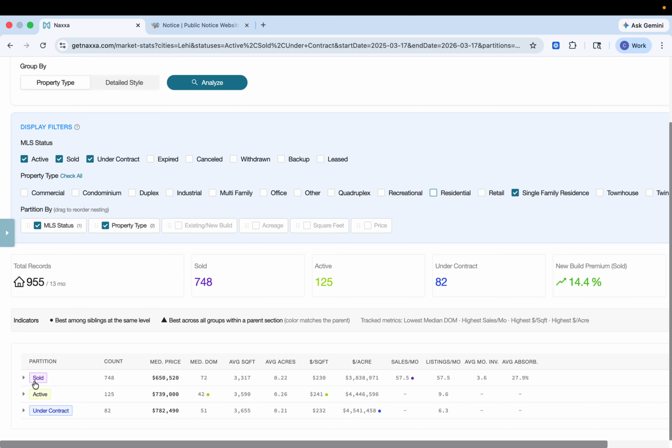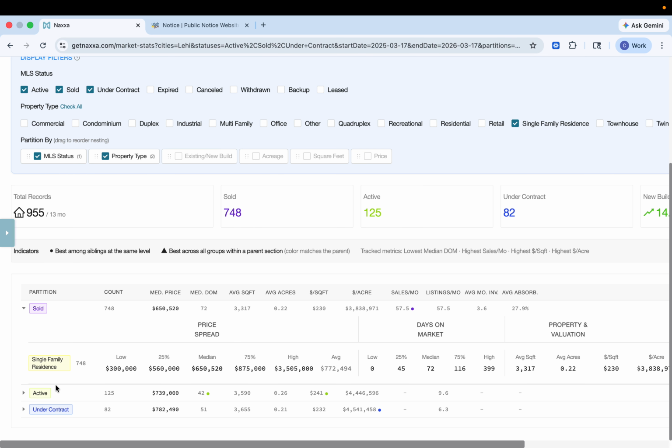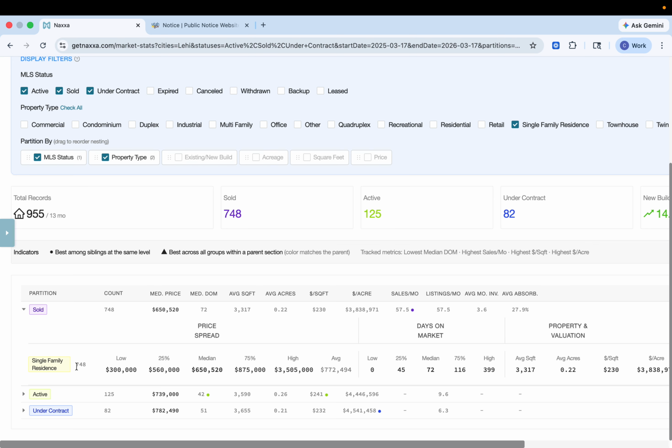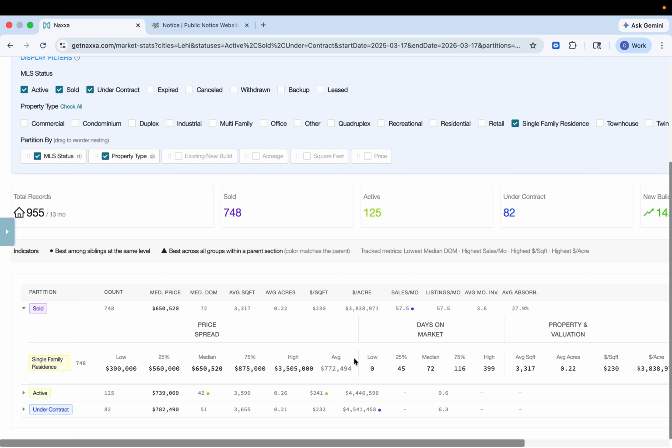So now I can come in here and look at sold data. So in the last year, single family residents there's 748 that have sold. It'll give me the median, the low, the high, the average. Average days